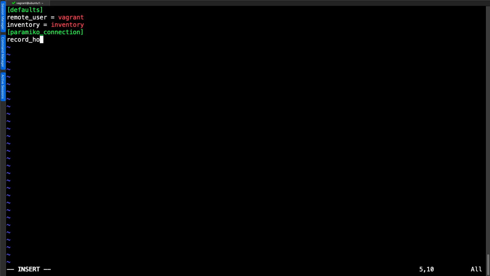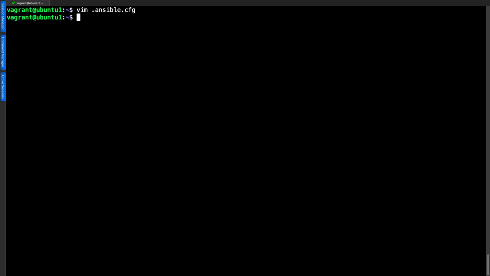So first of all, I'm putting in a setting to record_host_keys. So when we're presented the SSH keys, we store them in our known hosts file, and so we're not being prompted to accept the key. We can also put in host_key_checking, and the default is true. We're going to change this to false. So it's just these four settings that we need. Once we've got this set, we can save our change, and we're ready to take a look now at creating that inventory file.